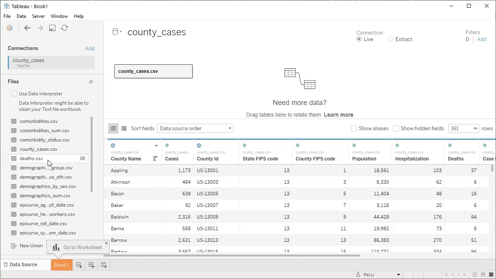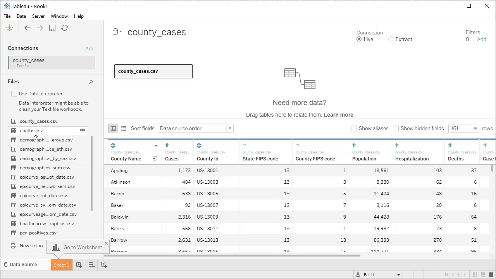For example, each row in the death table contains the basic information of the person who passed away with COVID-19, including the county they were in. And each row in, like, the epi curves or the PCR positive tables contains the number of new cases, cumulative cases, or percentage of PCR tests performed and positive on each day in a certain county. We can create connections here between these tables and county cases, so we can interactively inspect or visualize data by